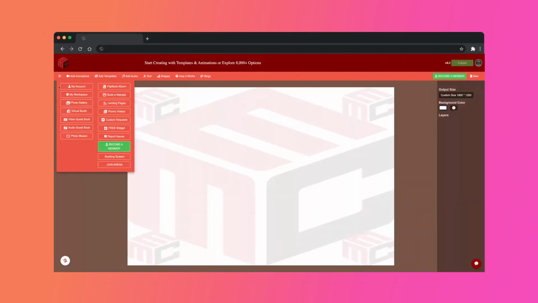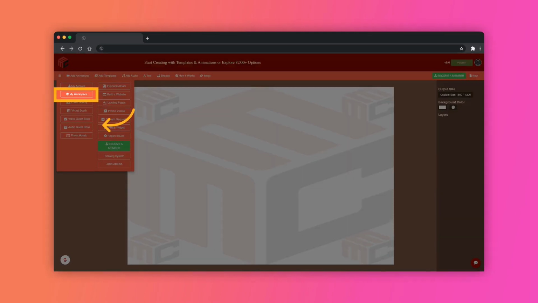Here are all of our menu buttons, offering much more than you can imagine. MyMirrorClub.com provides many powerful features that members of the club should truly take advantage of. My Workspace is where all of your templates and animations are saved for future editing. Photo Gallery lets you create online photo galleries for your events, which you can share with clients and secure with a password. Virtual Photo Booth allows you to create a full virtual photo booth landing page, while Video Guest Book